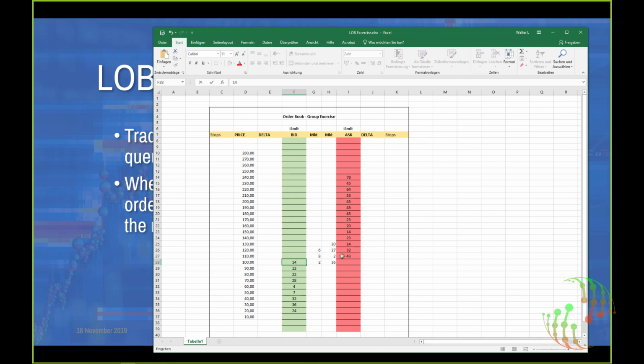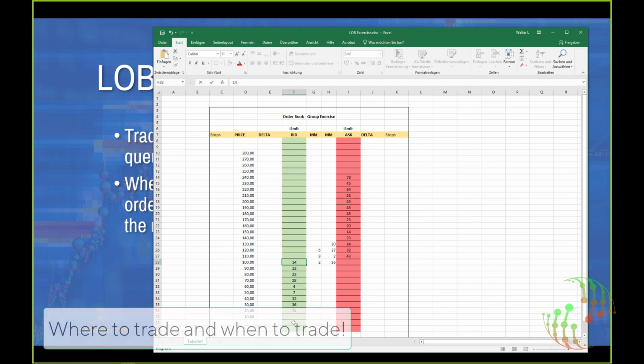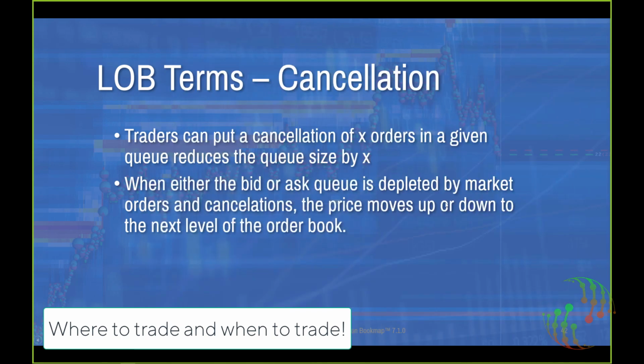It's very, very hard for thin instruments like 6E or what do we have? CL and Q, for example. It's extremely hard because the liquidity displayed on both sides here is so thin that one contract of 20 contracts sweeps through all prices here. So we are talking about thin and thick liquid markets. We'll come back to that. But the queue is depleted by market orders and cancellations. That means